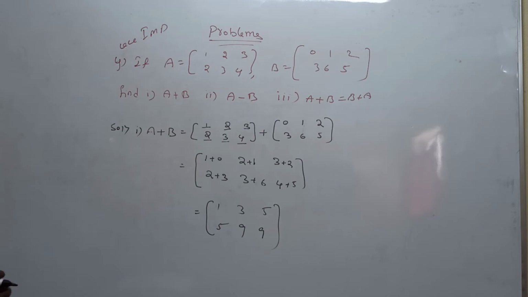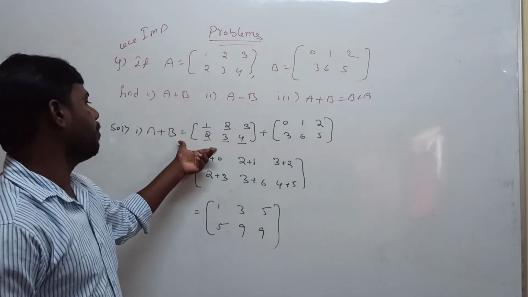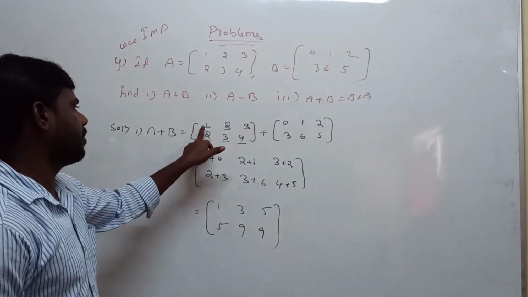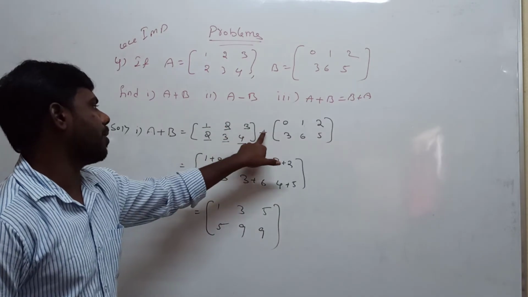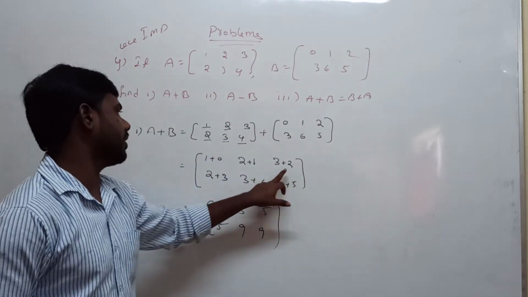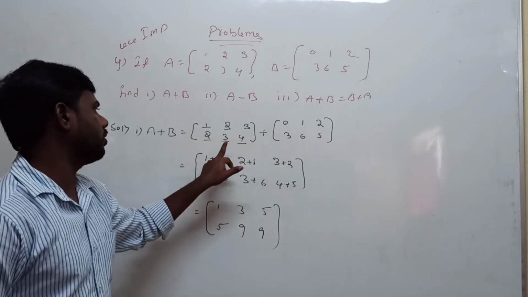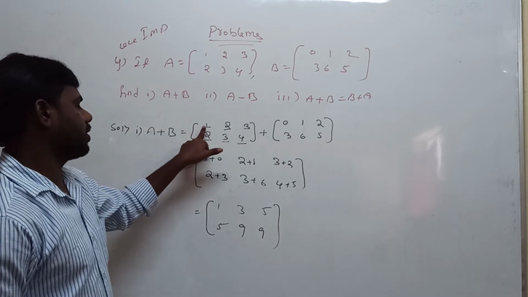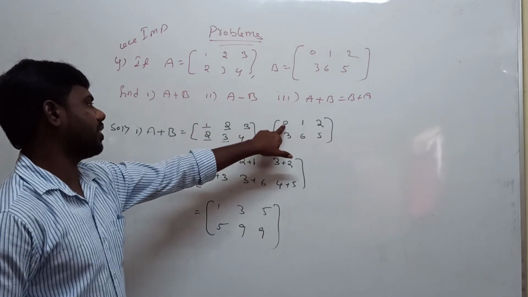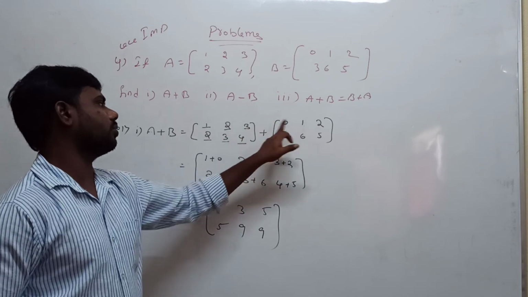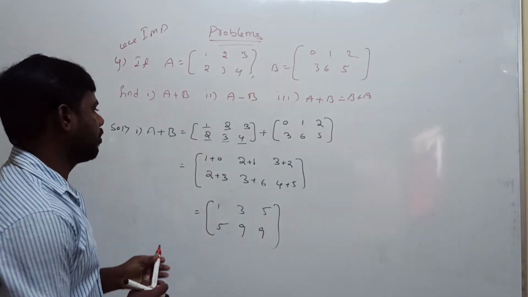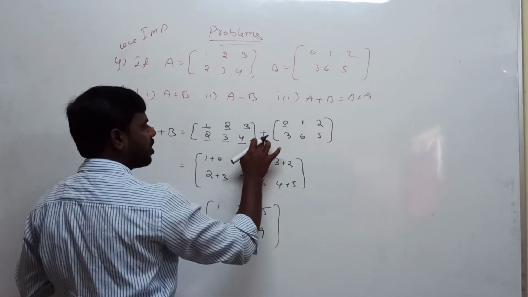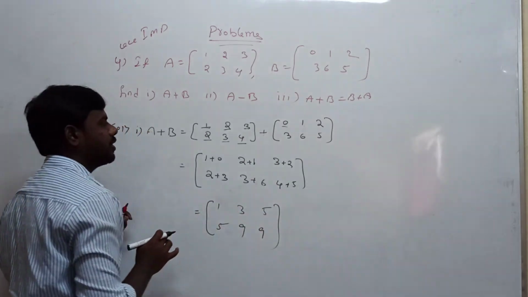And how to add the sum of the two matrices is substituting the A matrix and B matrix. After that we can add the corresponding elements. First element plus first element, second element plus second element, third element plus third element. Next second row, fourth element plus fourth element, fifth element plus fifth element, sixth element plus sixth element. Not like first row first element plus first row second element, first row third element. You can add only corresponding positions. Here first position is 1, there first position is 0, that's why we are adding the corresponding elements.